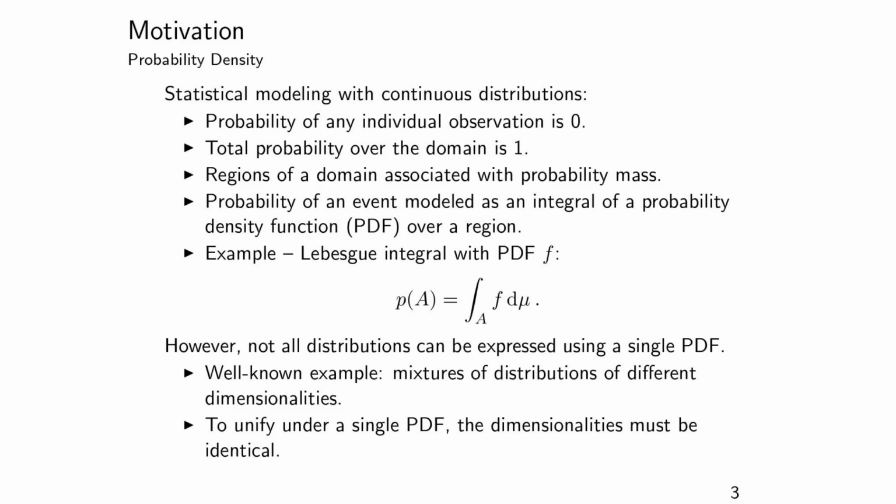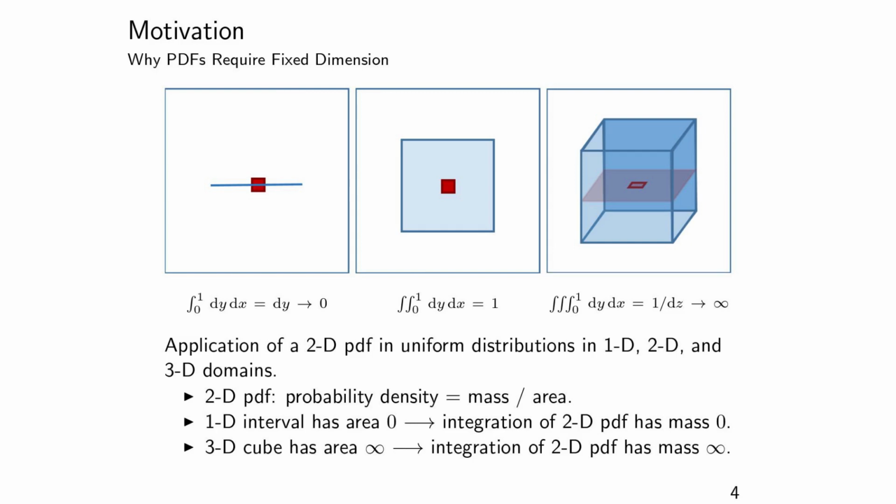identical. So to see why a probability density function requires a fixed notion of dimensionality, consider these three examples here, which are the unit interval in one dimension, the unit square in 2D, and the unit cube in 3D. So imagine now that we have a probability density function which was formulated for 2 dimensions. So as in the middle example with the unit square. So if in the unit square we have a uniform distribution, then doing a double integration of the probability density function, which is just 1 in this case, should give us the total probability of landing in the unit square,